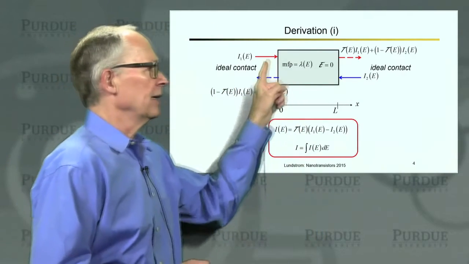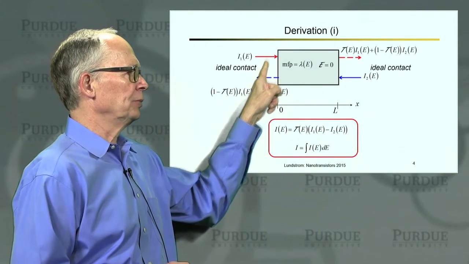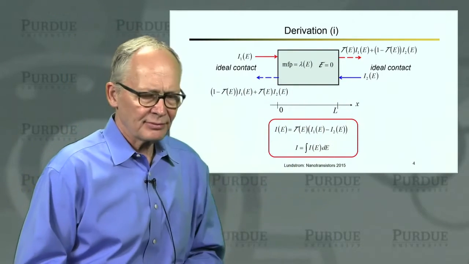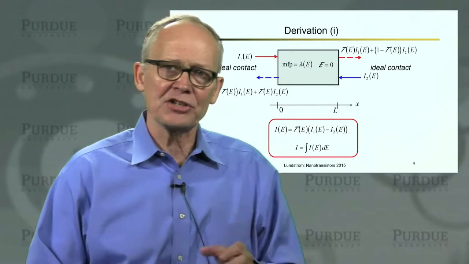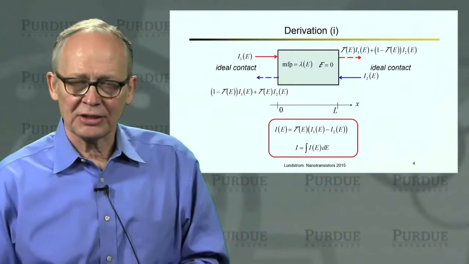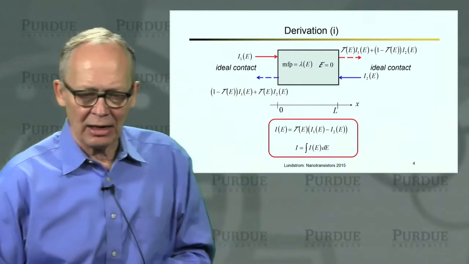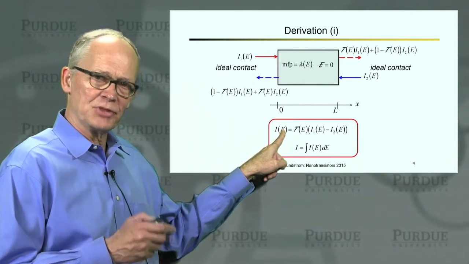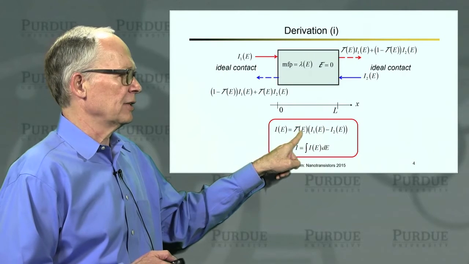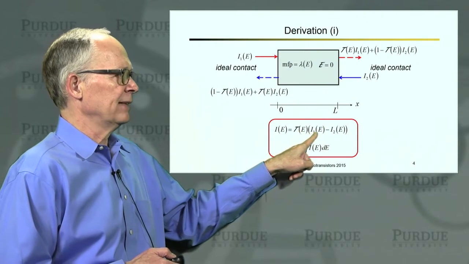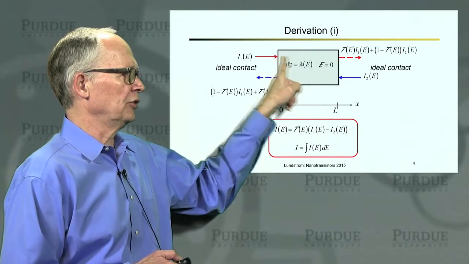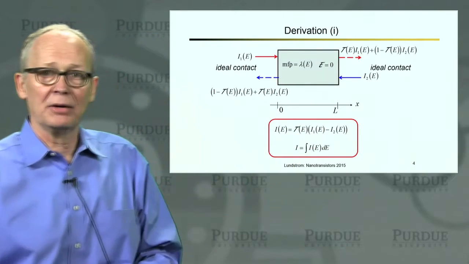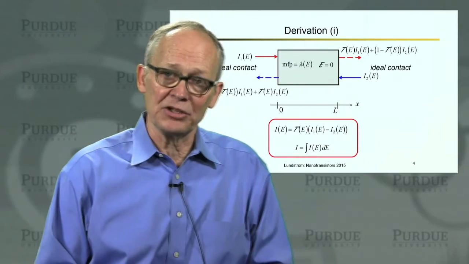Now, I can find the net current, just the difference between the positive and the negative here, or I can do it here. Assuming that there's no generation of electrons anywhere, the net current is the same everywhere. I'll get the same answer, and this is my answer. So in any energy channel, the current is the transmission at that energy times the difference between the 2 currents that were injected from the 2 sides. If I want the total current, I would just add up the contributions from each energy.